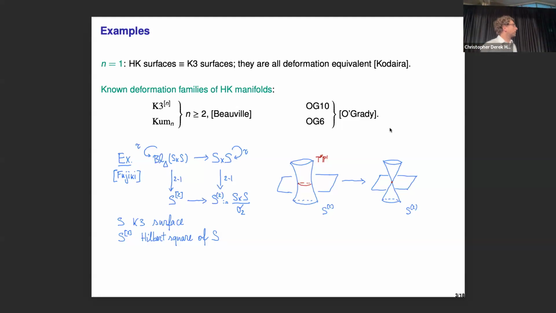So let me give an example. The easiest example is the symmetric square. So this is the example in blue. I start with a K3 surface, and then I look at a set of two points on such a K3. So what is the idea? I want to construct an example which has the definition we saw before in dimension 4. So what I do, I start with a K3 surface, and I take the product. Okay. So this is a symplectic manifold.